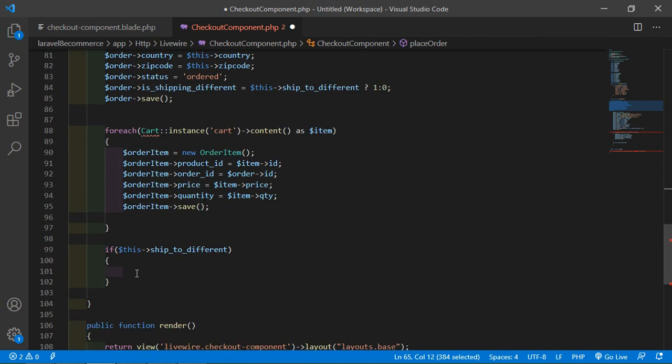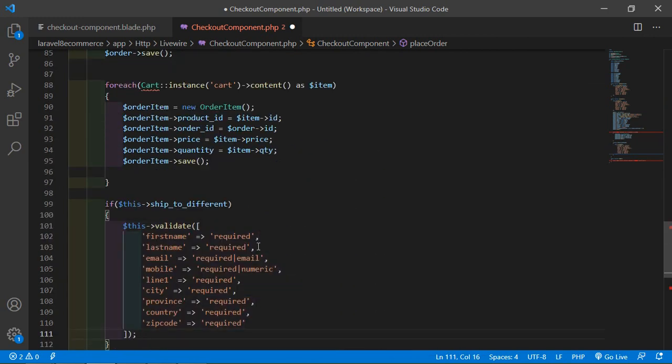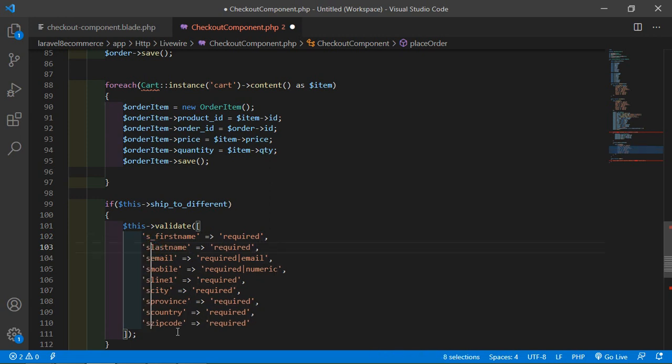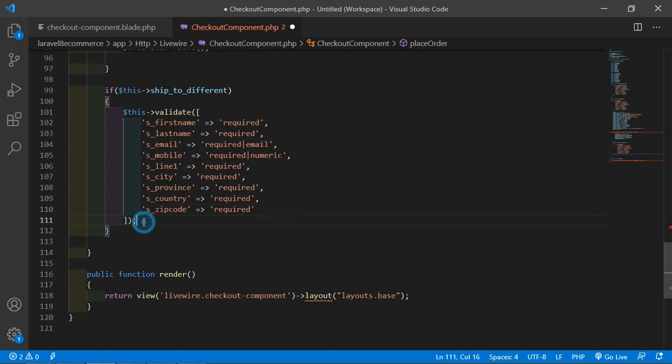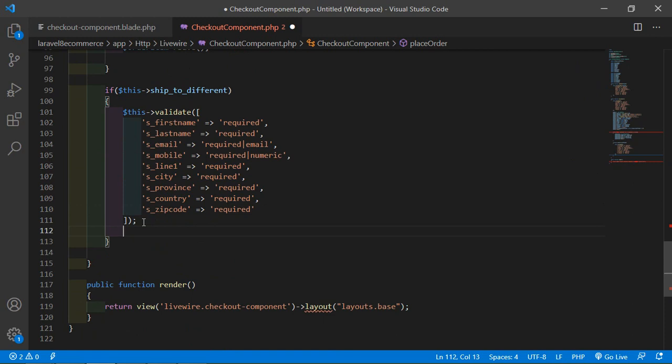Okay, and just paste here, and inside this add here s_first_name and s_last_name, email, mobile, line 1, city, s_province, country, and zip code. Okay, all right. Now after this validation,